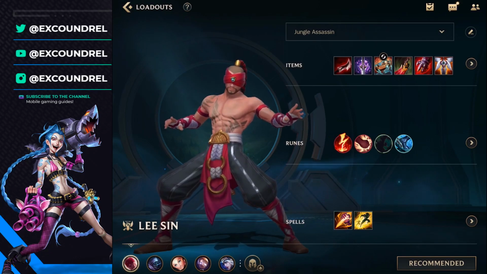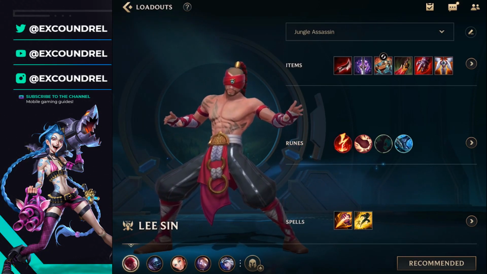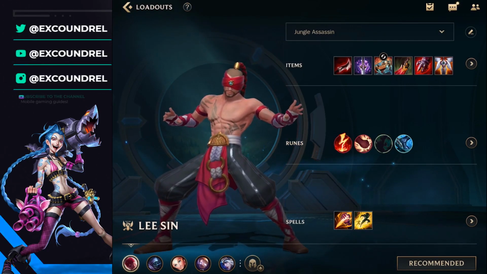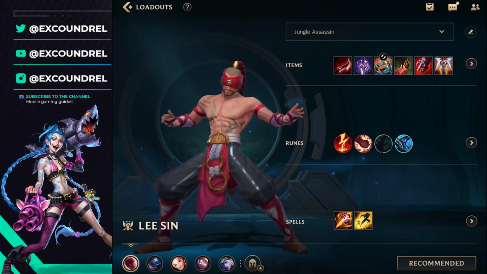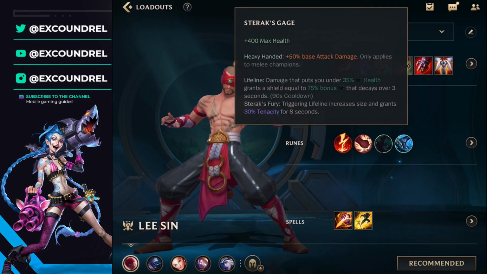There are two main builds that I like for Lee Sin. The runes don't change a huge amount. I think you could go Conqueror on Lee, but realistically he's more about burst damage, and that's where Electrocute comes in. So you can play Electrocute on Lee Sin, and I think that works best with this particular build. So we're talking Duskblade of Drakthar into Youmuu's Ghostblade, and then it's either Death's Dance or Sterak's Gage, but I